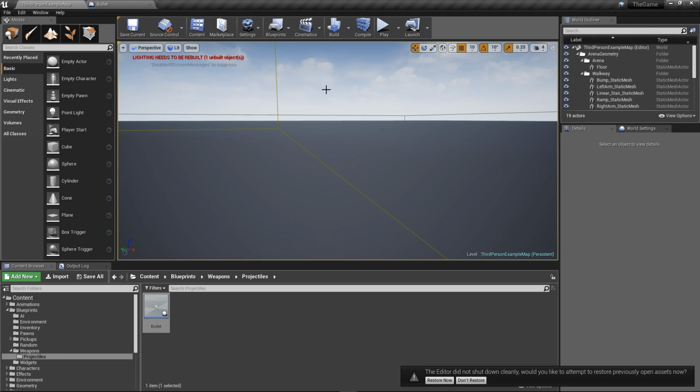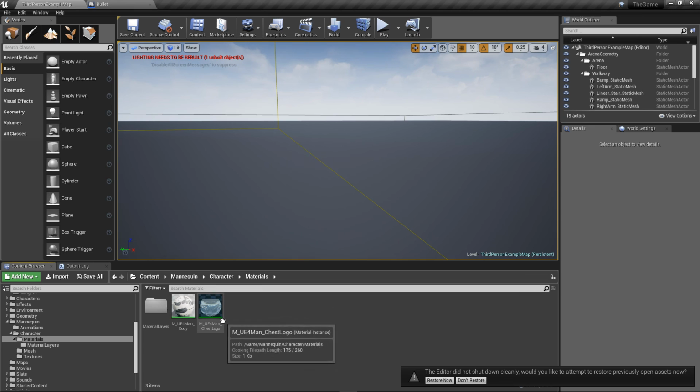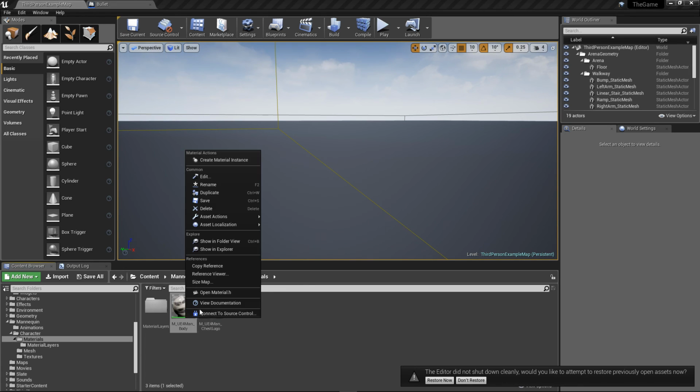Last but not least, this is something that I learned very recently, and I felt very stupid for not knowing, but this is for multiple reasons. For optimization, just how the engine is designed, and how it's programmed, and how materials are designed and programmed. Don't use the original material. Use an instance. So if you've got a material here, you could use this material, and Unreal Engine even does this. Seriously, they do. But for better optimization, if you're having some optimization issues, right-click the material and create a material instance,